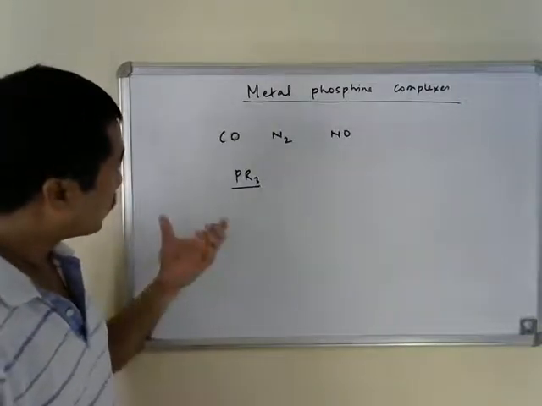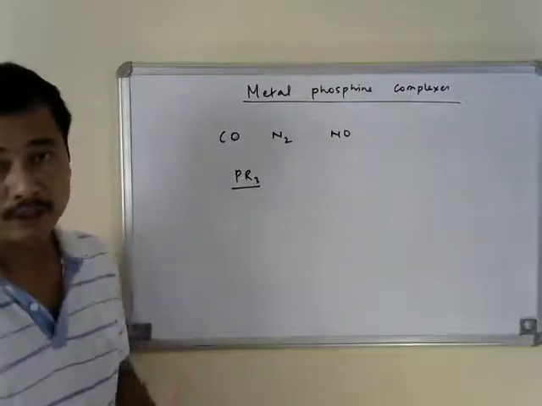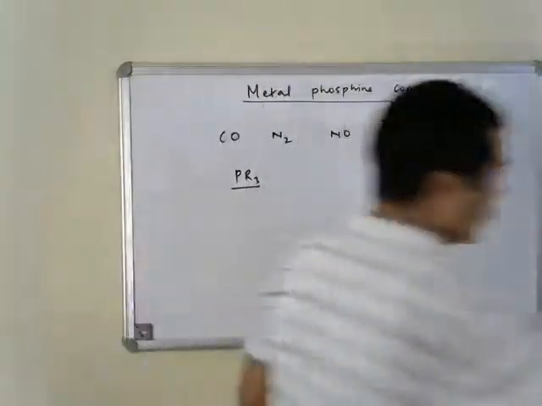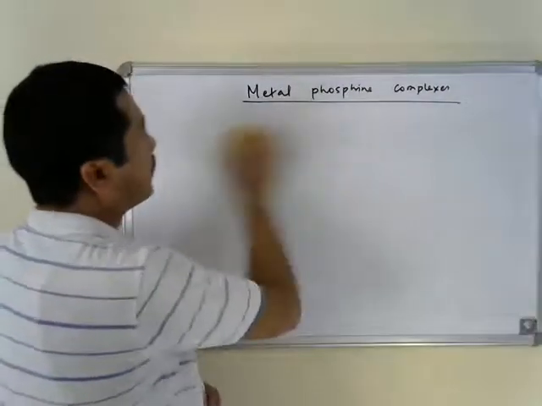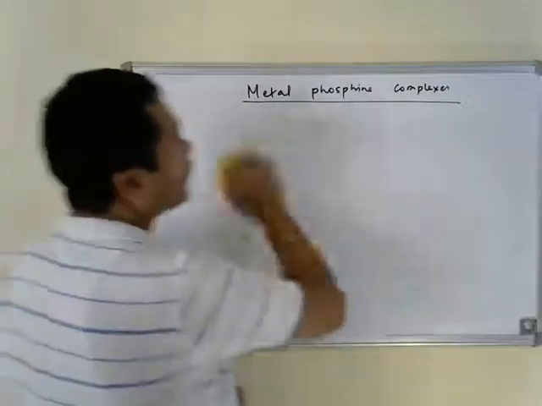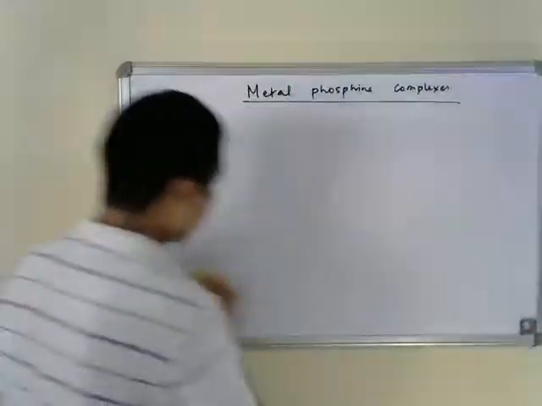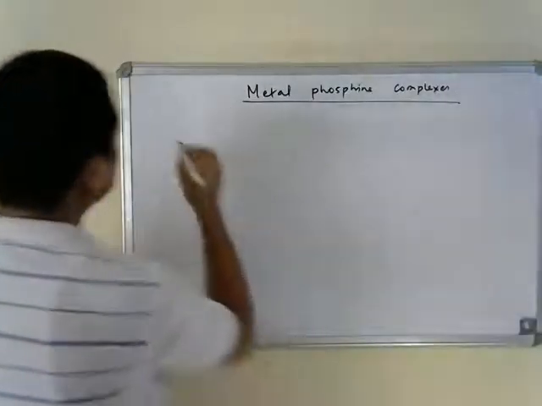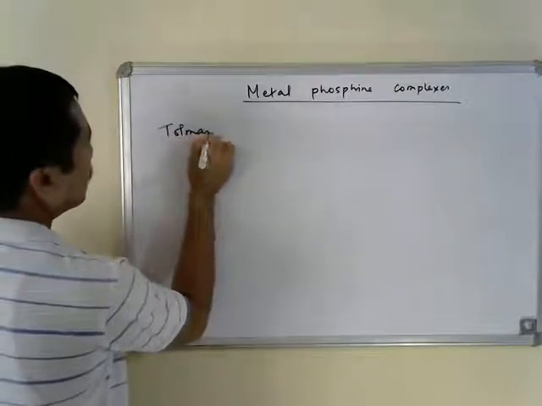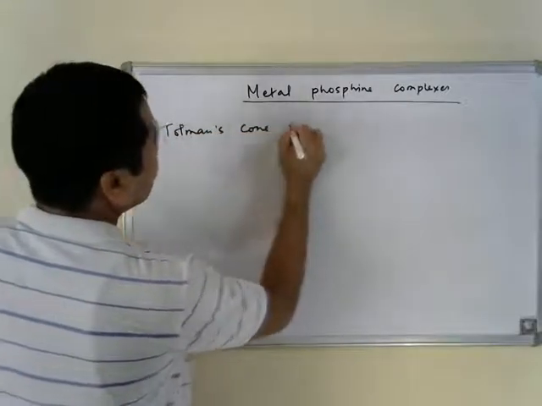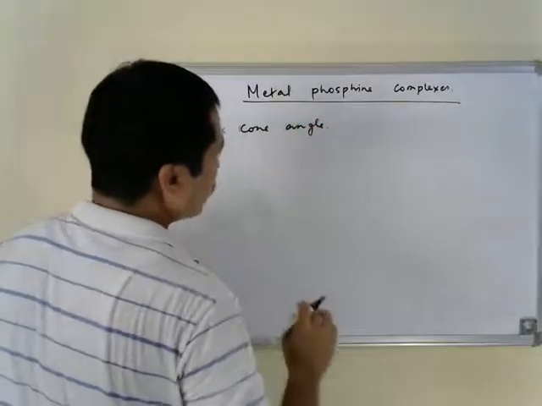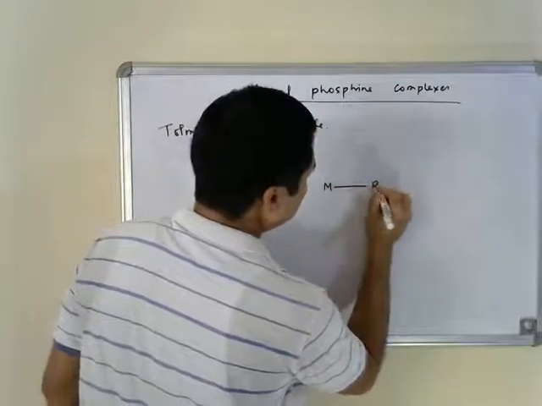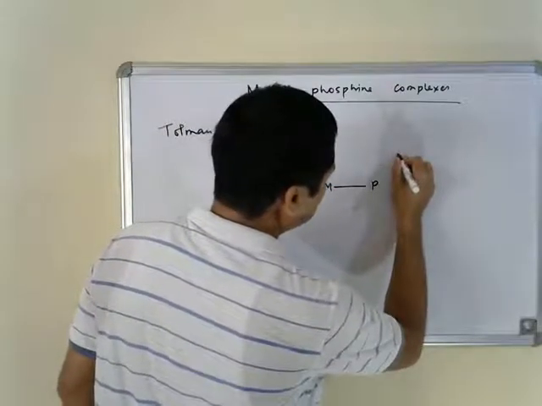But before that, what we should see is that there is a way to measure the steric bulkiness of a ligand, and that is called the Tolman cone angle. One can measure how bulky a particular phosphine ligand is by measuring the cone angle, and this cone angle is known as the Tolman cone angle. So when we take a metal phosphine complex, that is metal here, phosphine, and the substituents of the phosphine ligand,